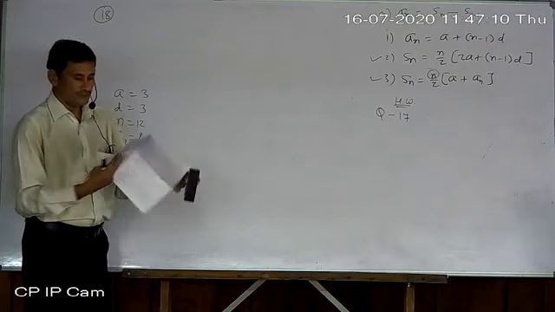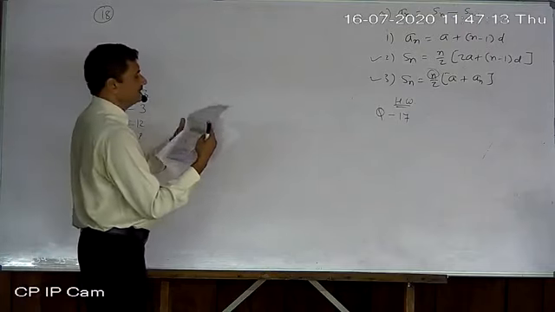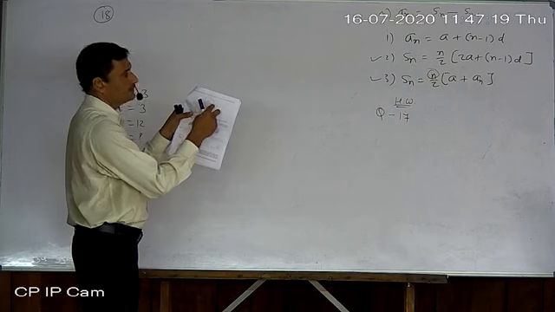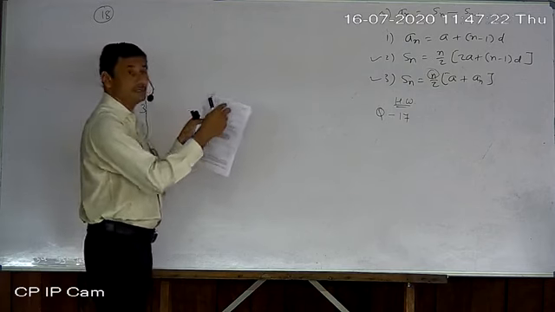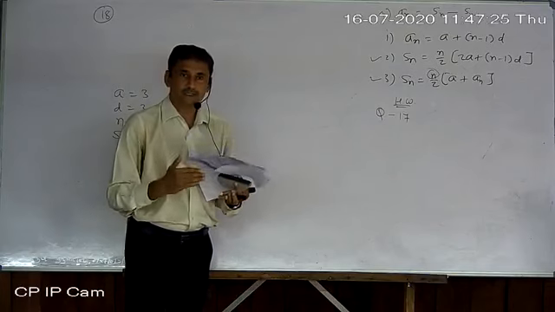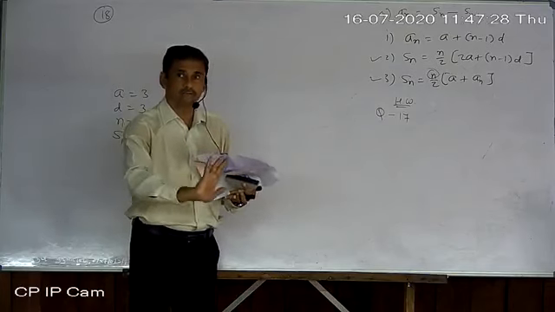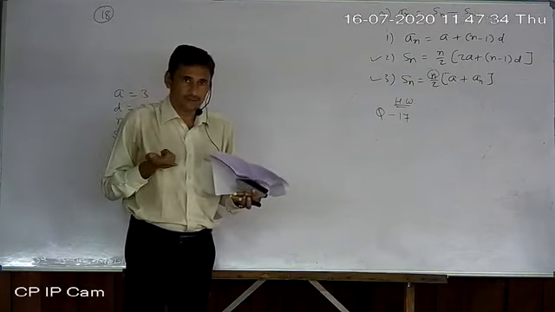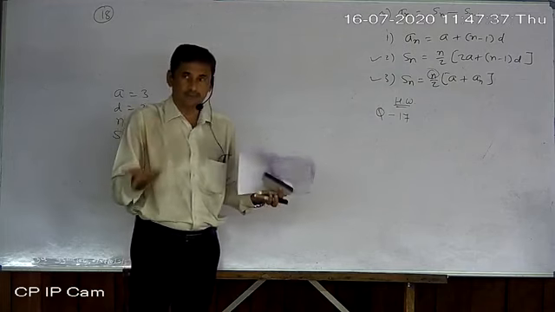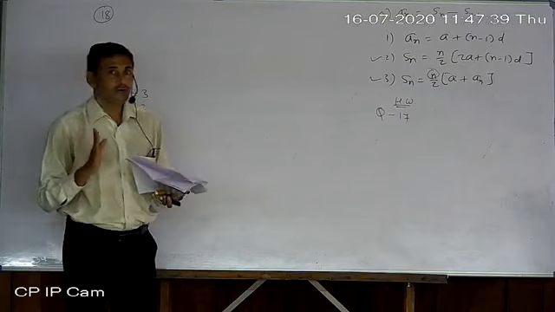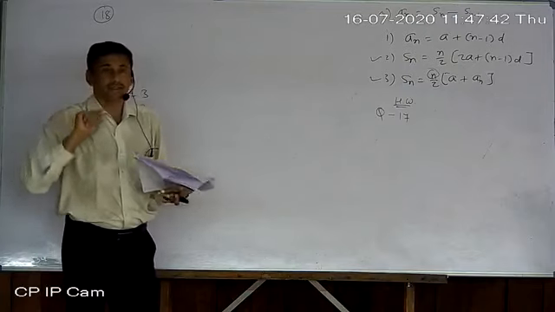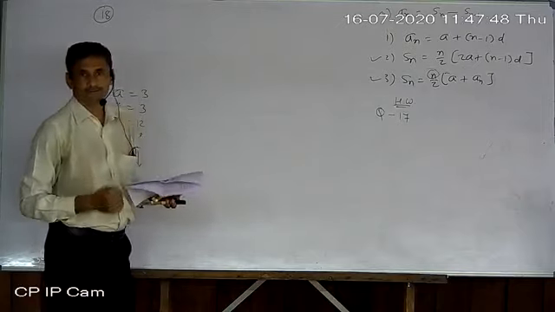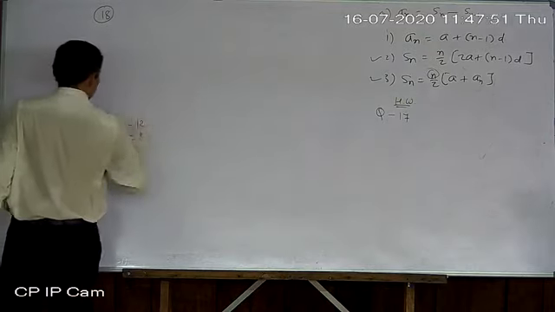So you just look at the figure. This spiral is made first of all of the smallest semicircle, then a bigger semicircle, then again bigger, then again bigger. Okay, so that semicircle's radius is going to increase by 0.5 centimeter. So obviously its semi-perimeter also increases. And we have to make a total of that semi-perimeter so that we will get the whole length of the spiral. Okay. So now they have given first of all the radius.